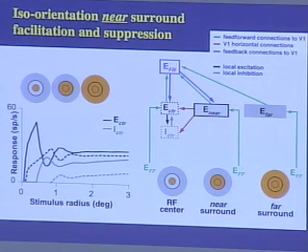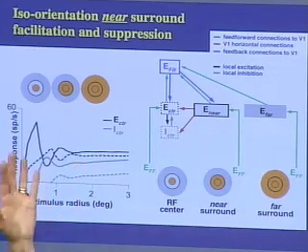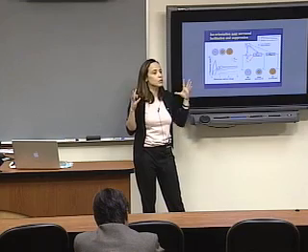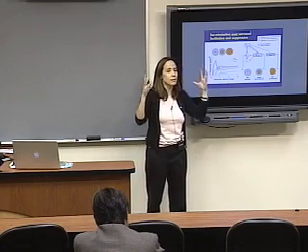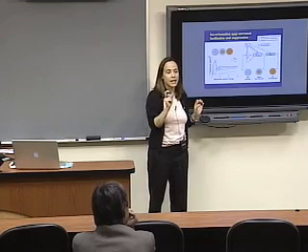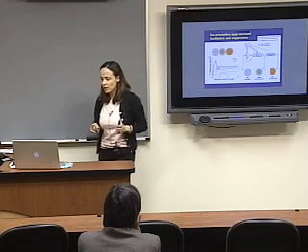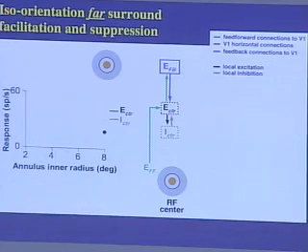Now, two more minutes, and then I'm going to end. So one prediction: in this model, because the far surround uses the same basic mechanism as the near surround but acts via feedback connections, this model predicts that we should be able to see far surround orientation facilitation when the center stimulus is stimulated weakly, so at low contrast. As I told you before, this is not something that has been experimentally seen before. So this shows you how this happens.